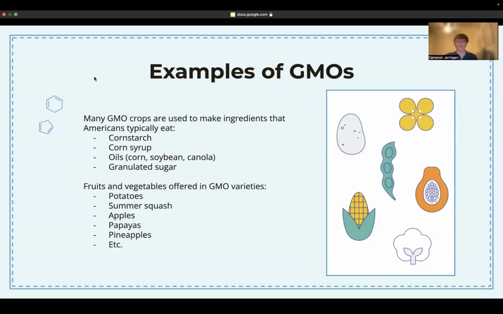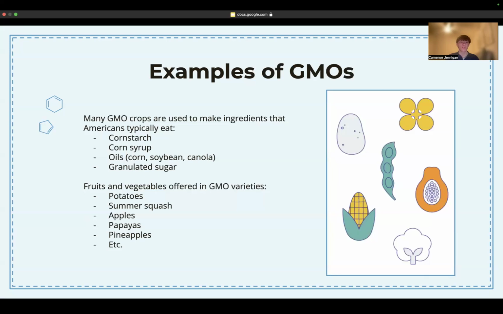Here are a few examples of GMOs. Many GMO crops are used to make ingredients that Americans typically eat. Some examples of this include cornstarch, corn syrup, many of the oils that we use for cooking, such as corn, soybean, and canola oil. And then granulated sugar is also another example of something that we typically eat that comes